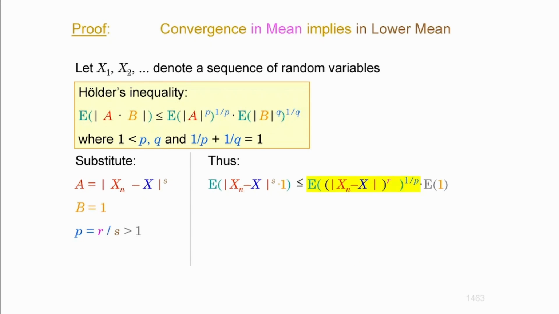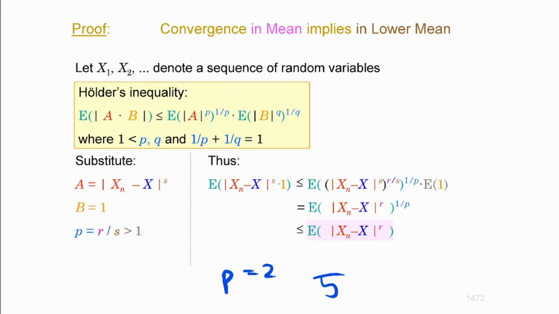Then you can eliminate those, and I'm going to rewrite them again. So this is it. I'm going to ignore this. One of the things I need to mention is that this expression is not going to be greater, whatever it is, than the expression here. If you're not sure why, let's say p is equal to 2, just for the record. Then, say, 5 to the power of 1 by 2 is the square root of 5. So the square root of 5 is not going to be greater than 5, which is true, right?